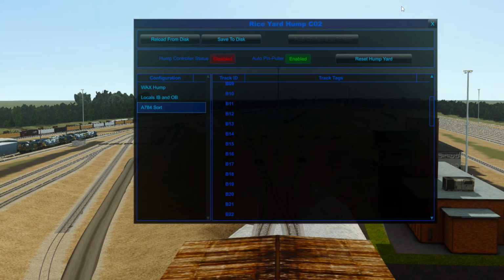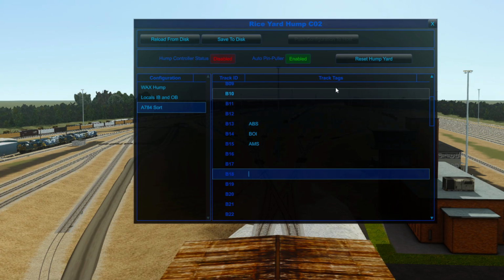And then back in here. So we'll make this track ABS. And then we'll make this track BOI. And then we might make this track AMS. And what happens is when you go in there and you pull this track out,